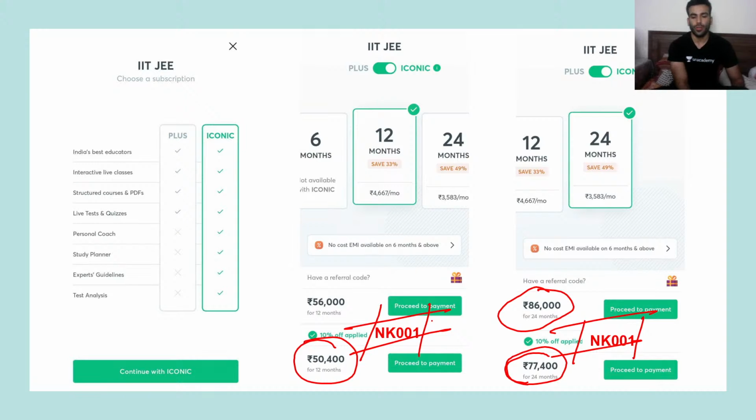Now let's do the reverse. When I say 1, 2, 3, I want you to inhale gradually, slowly. Okay. 1, 2, 3. Now hold your breath and exhale. 1, 2, 3.